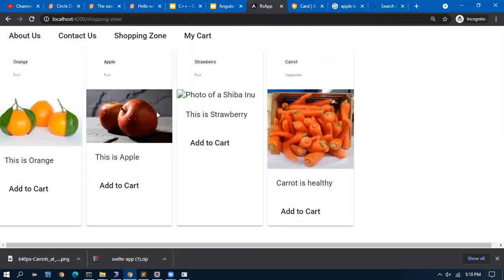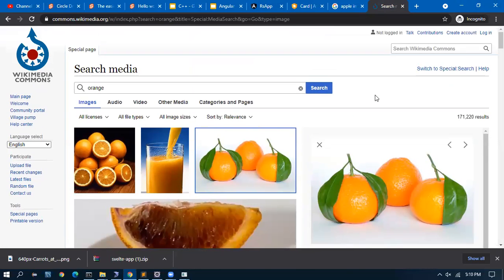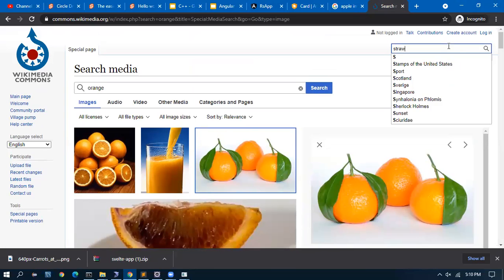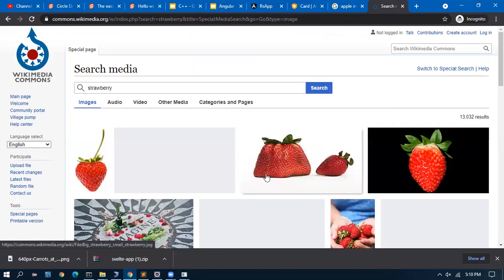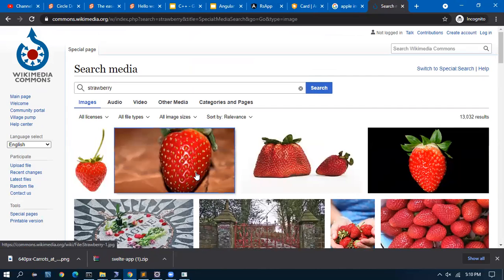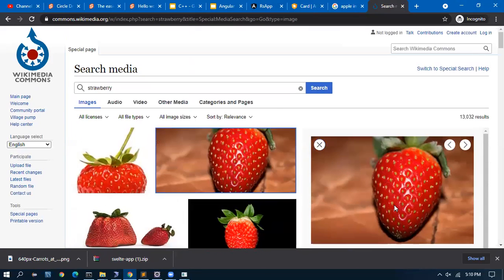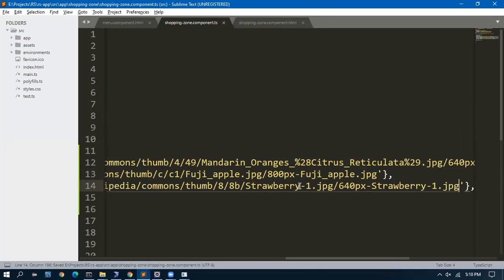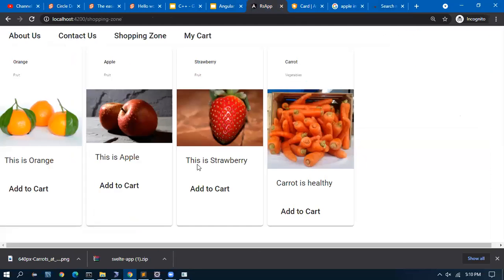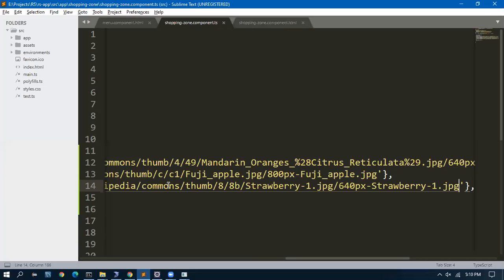We got an apple image, we got an orange image, and strawberry. All right, we got all four.